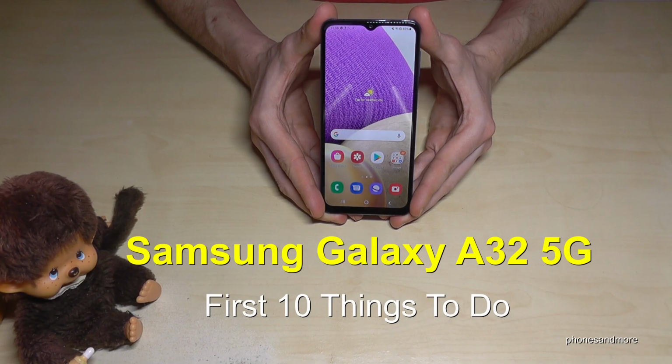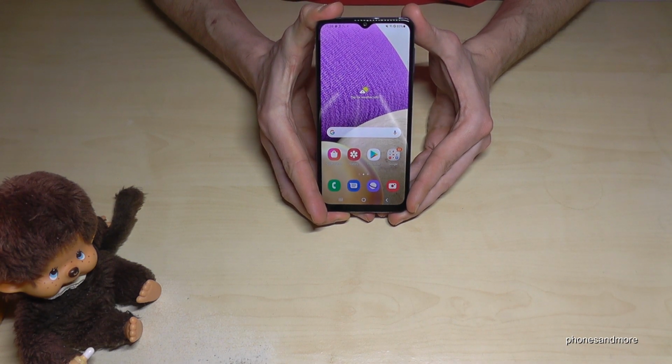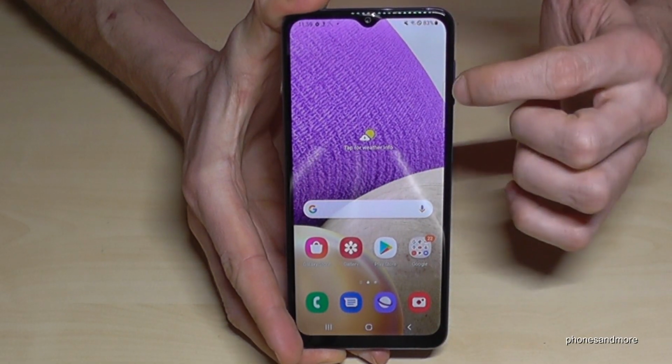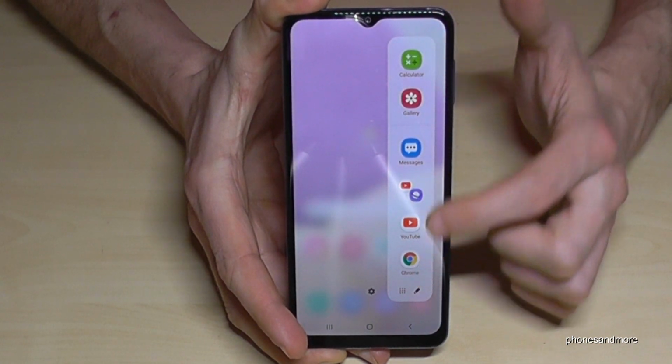Hello everybody, I want to show you with this video 10 first things to do with the Samsung Galaxy A32 5G. The first thing I want to show you is about the sidebar, because it's a bit hidden here, but if you swipe in from that place, you will have a nice sidebar and you can manage here your